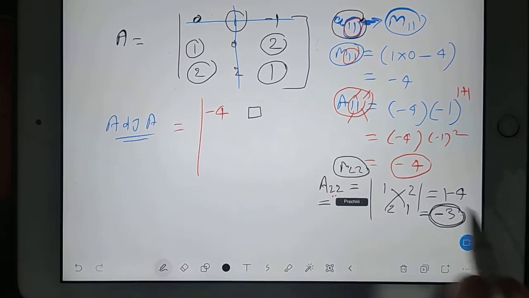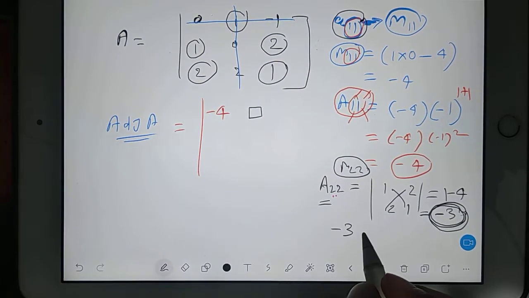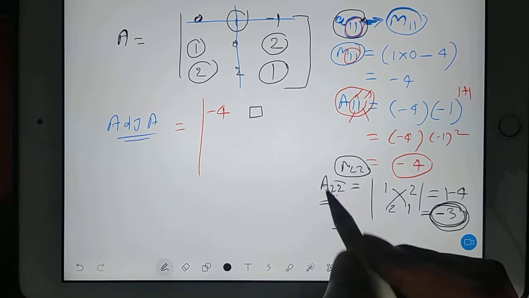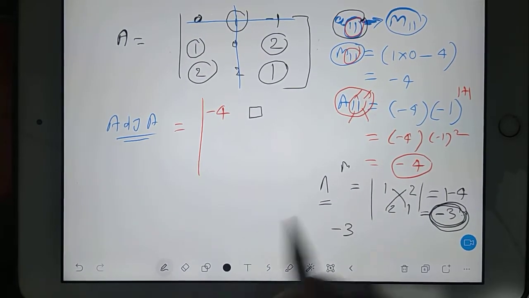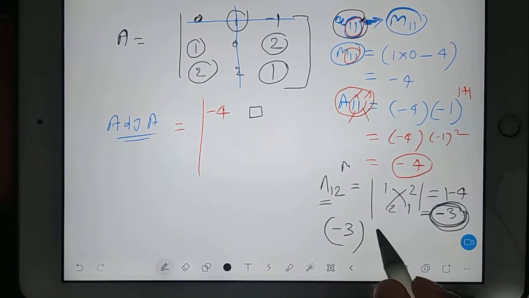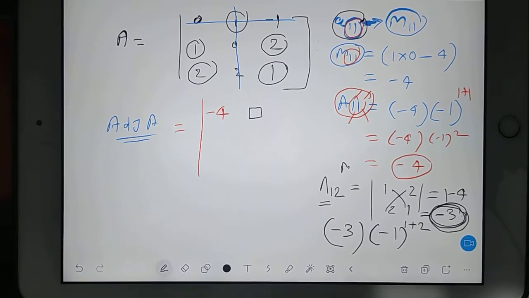Now in this M22, it means in this minus 3 you multiply minus, oh yeah, one mistake I am doing. It is not 2 2. A big mistake I am doing. It is 1 2 actually. Thank you, Prachi. It is 1 2. Thank you. Otherwise my answer will get wrong. Minus 1 power 1 plus 2. It means 3.